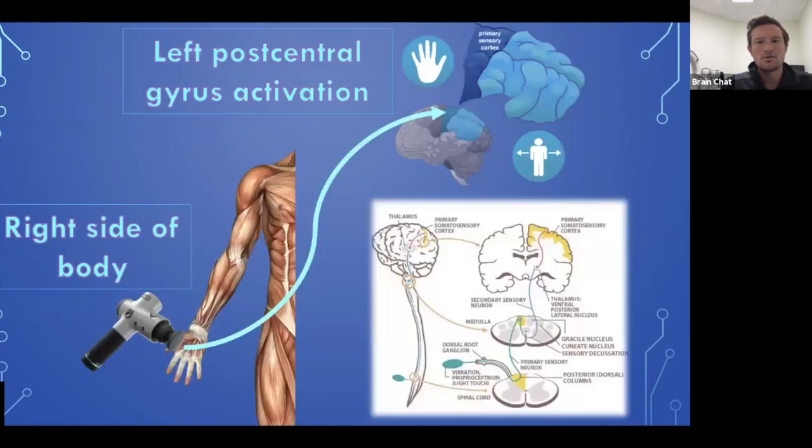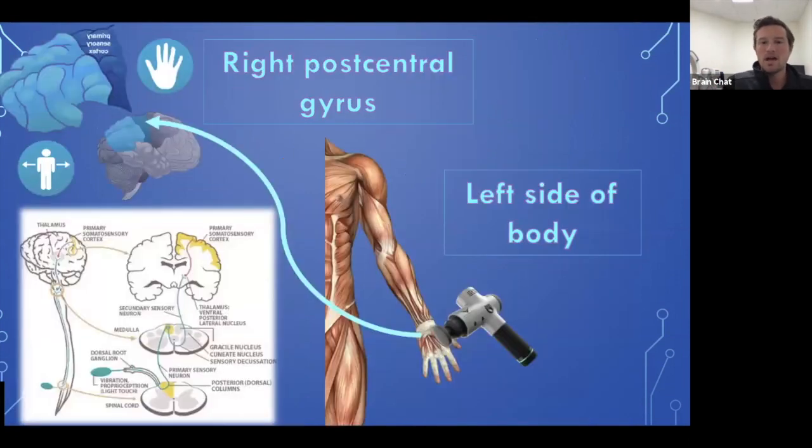And then just to show you a very general pathway. So if, let's say for instance, you have a little vibration tool and you put it in your right hand, vibration in the right hand is going to send signals into the spinal cord, and then it's going to eventually cross over in the brainstem to the opposite side sensory cortex. So right hand, left brain. And then the opposite is true. So vibrational input into the left hand will go over to the right brain